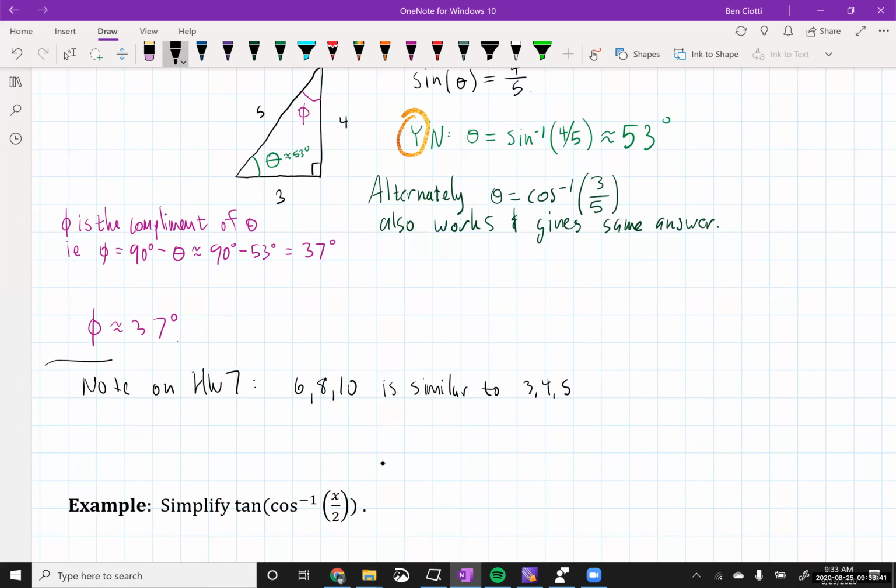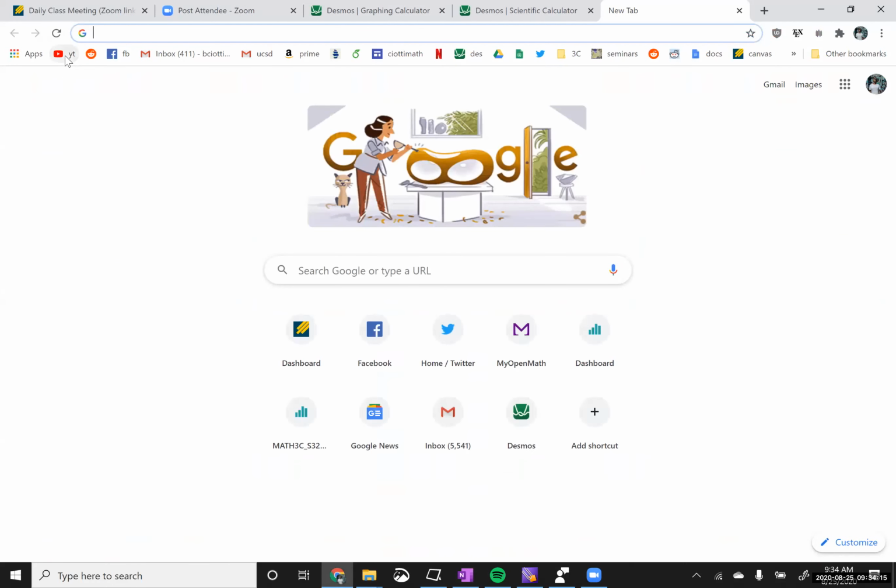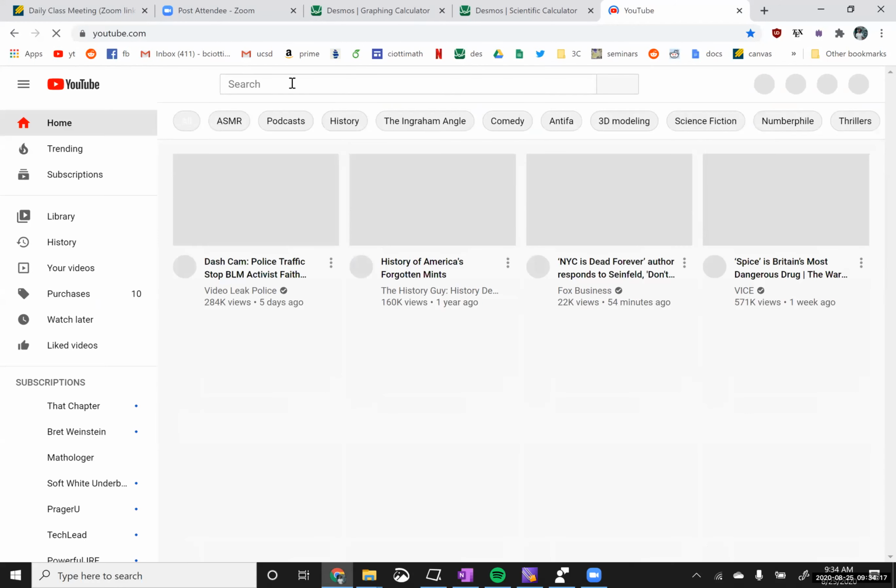I asked you to not use a 3, 4, 5, and don't use a 5, 12, 13 either, because those are both Pythagorean triples that I've already talked about in class. I want you to do some research, do some discovery, and find your own Pythagorean triple. They're out there. There's actually an infinite number of them out there. In fact, there's a really cool, oh, maybe I should show you. I wasn't planning on talking about this, but just because I'm on the topic, one of my favorite